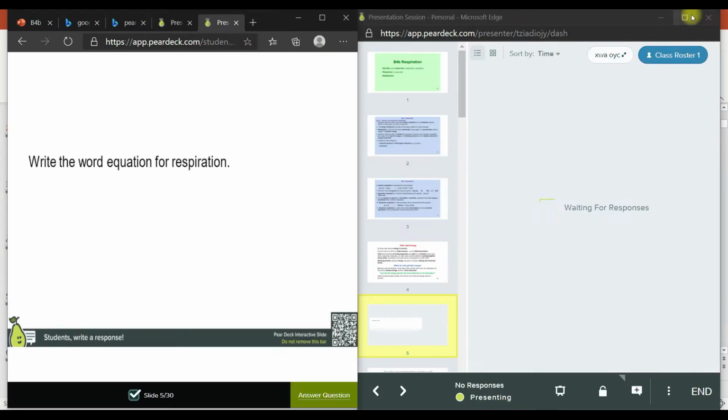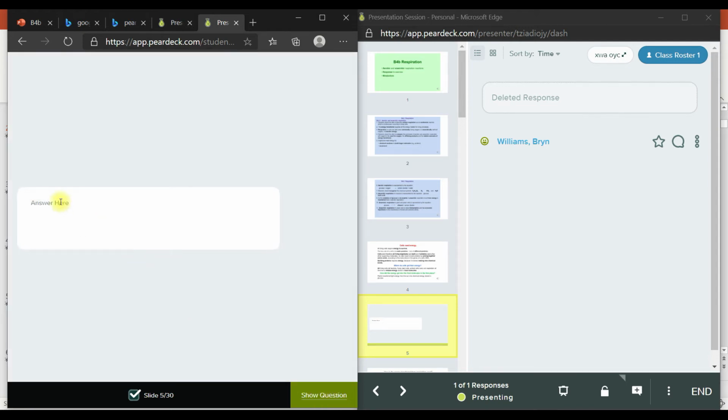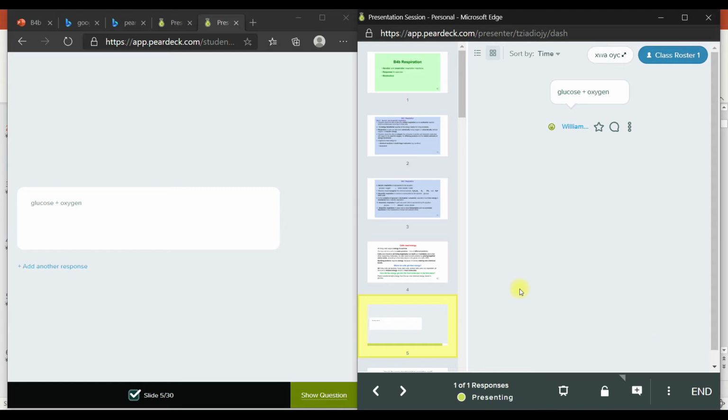If the students are on a mobile or on a tablet, they'll have the slide there, and then in the bottom right they'll have a little answer question button. They just need to start answering the question there, and then as soon as they start writing, it appears in my dashboard. I can get the whole class here on this screen seeing everything as they do it. They don't need to press a submit button, which is